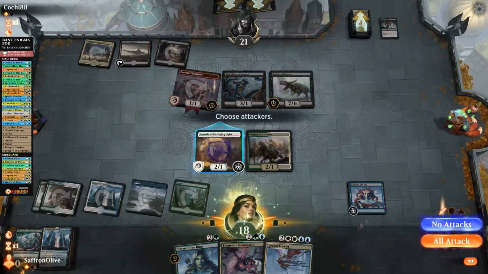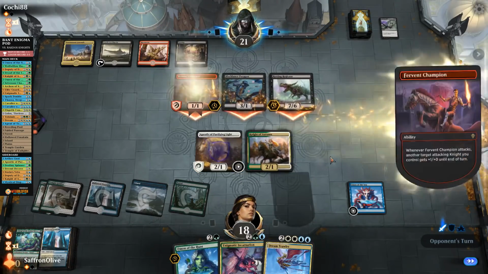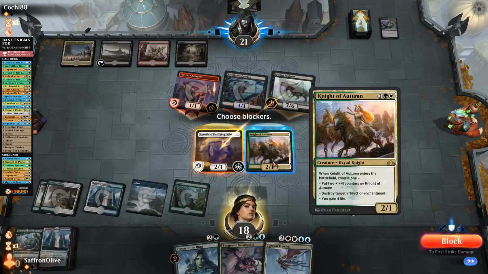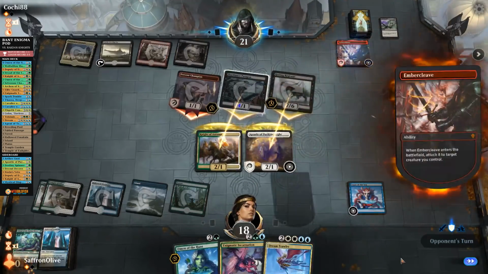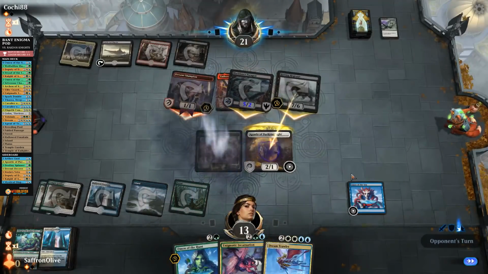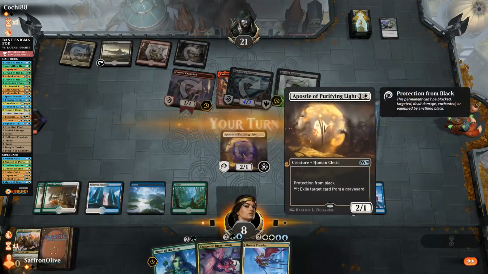Gain some life. No attacks. Opponent, Mountain. Oh, they drew it. Oh, really? Wow, they had to top deck. And opponent did top deck. And opponent... Wow, goes on the Blacklands Paragon. Interesting. Interesting. Okay. Well,